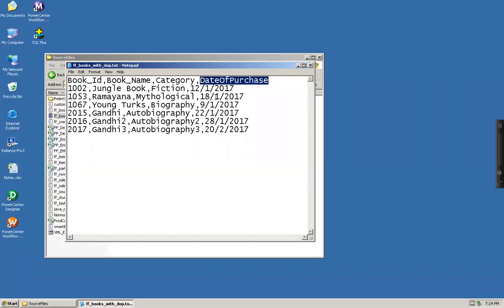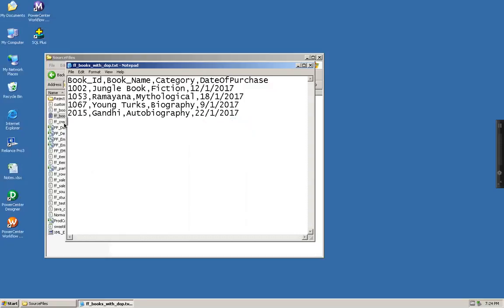Let's say I remove these two lines from here. So this is the date on which each book was purchased: 12/1, 18/1, 9/1, and 22/1.